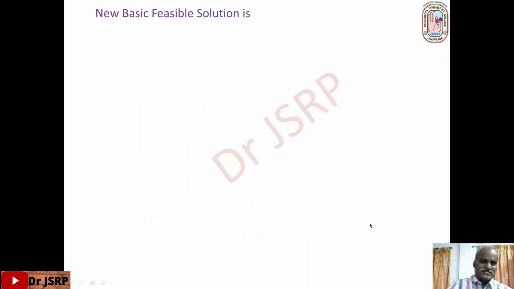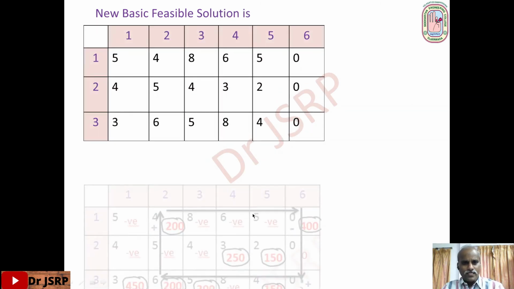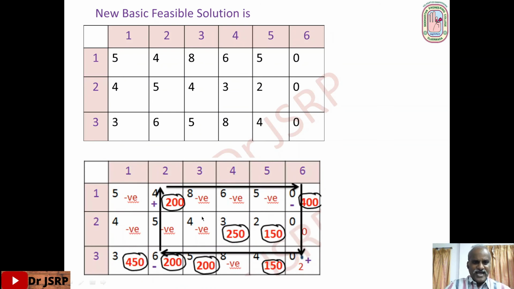So the new basic feasible solution: consider the structure of the table. Take the previous table. First add 200 to positively signed cells. Add 200 here, that is the 1,2 cell. Previous allocation 200, add 200, so 400. Another positively signed cell is this one. Add 200 here. In the previous solution it is a non-basic cell, so the allocation is 0. Now 0 plus 200 is 200. So these two are the positively signed cells.